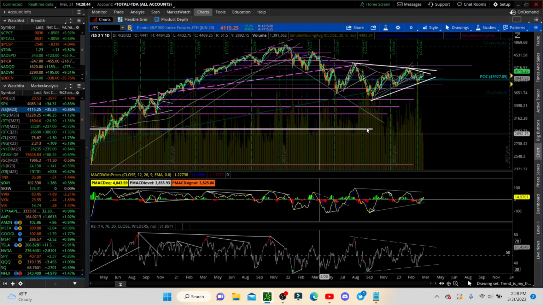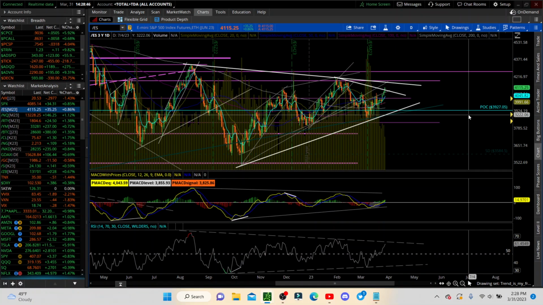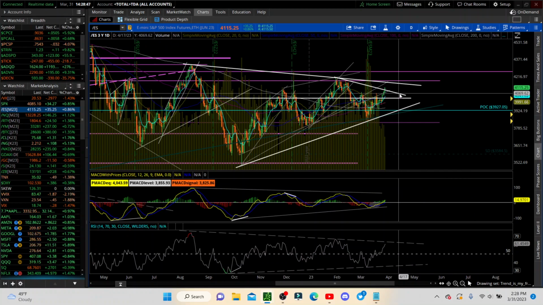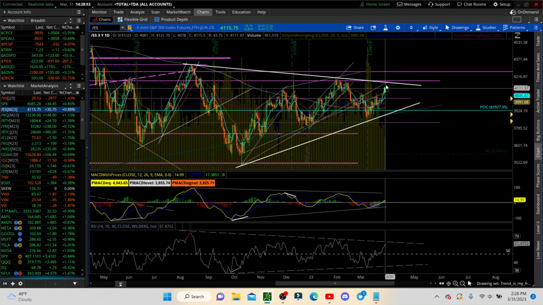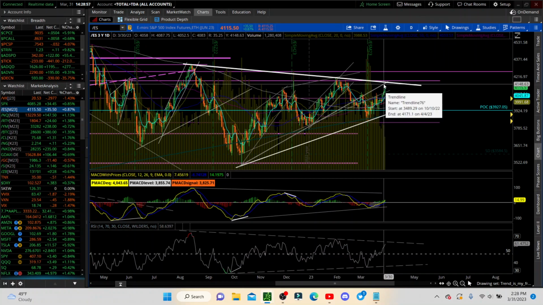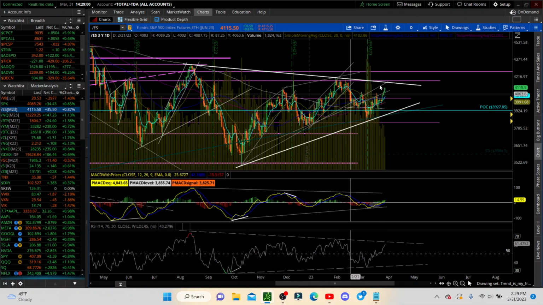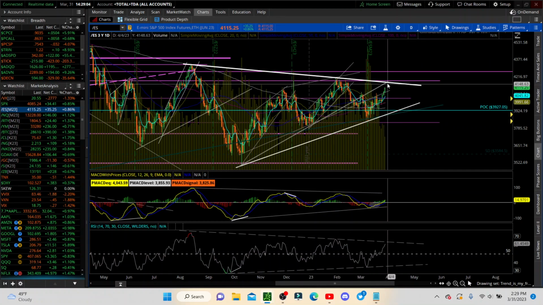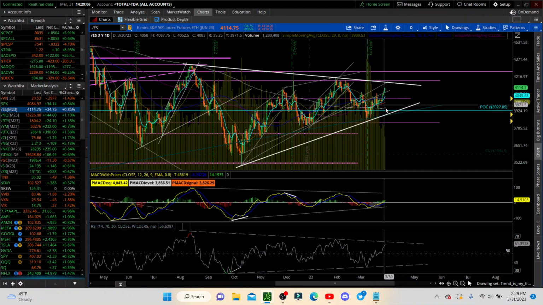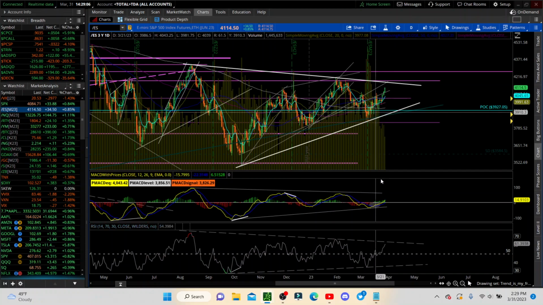Here's another look at the triangle here. I saw a symmetrical line, I was trying to draw that. Let's get rid of it. I did re-enter shorts again. Now we have room. You know, I said that we have room to run. We're going to backtest that uptrend line again, which is the wedge that we broke down from. Perhaps. We have a lot of confluence going on there. And then, again, we're looking for some more downside.